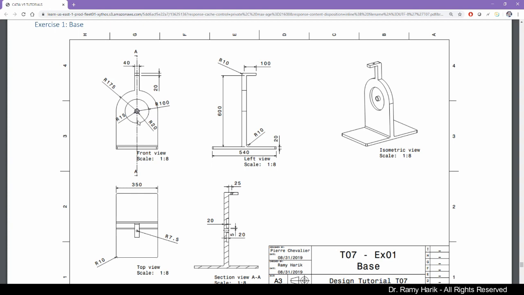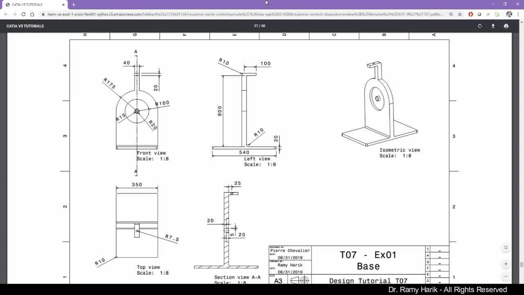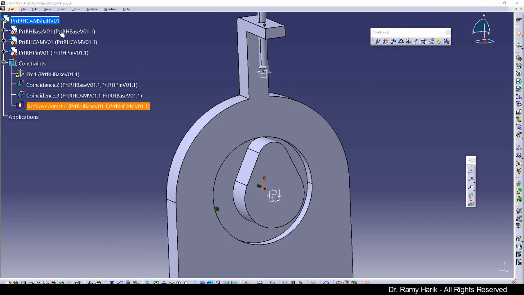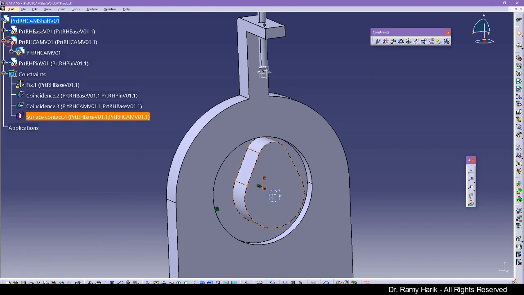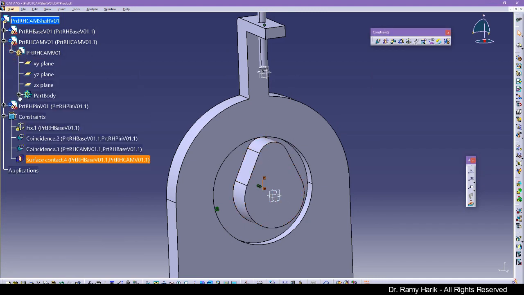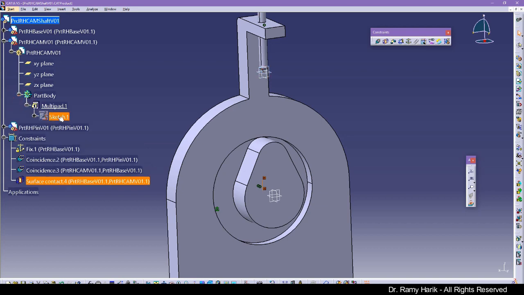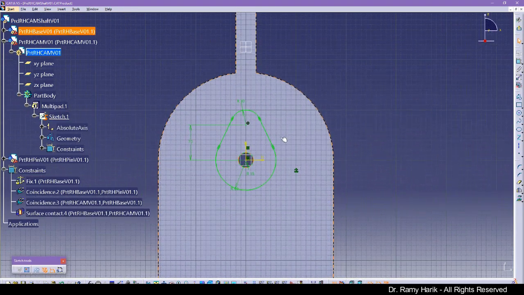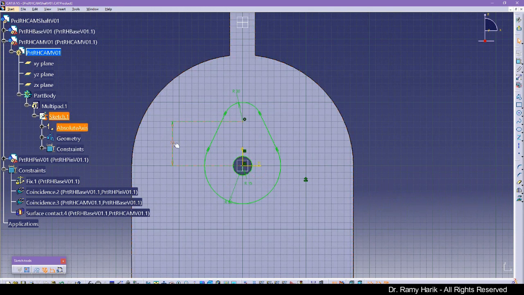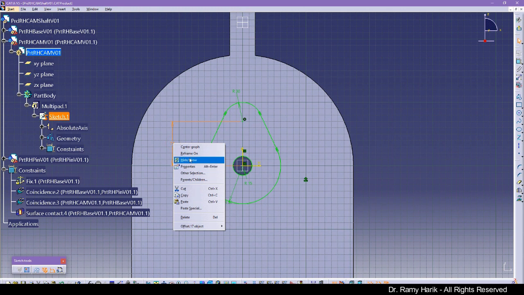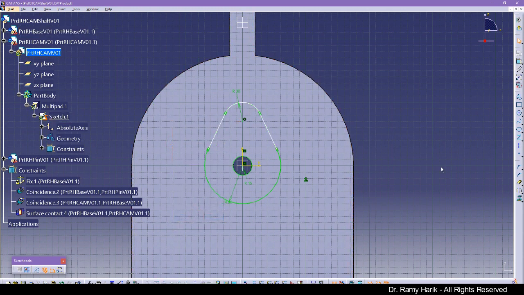So in some other sense, we could have guessed that this is the dimension that we have. I'm going to just go inside of the cam for a second to explain a little bit what I was saying. Earlier we said, hey, there is a missing dimension 70. But if I delete this missing dimension, which is not really missing, and I go back to the base